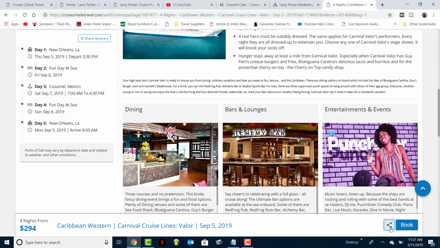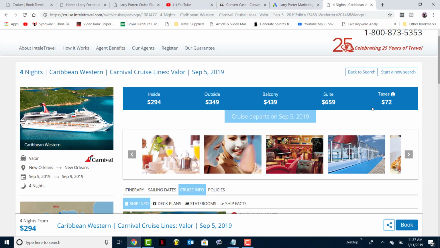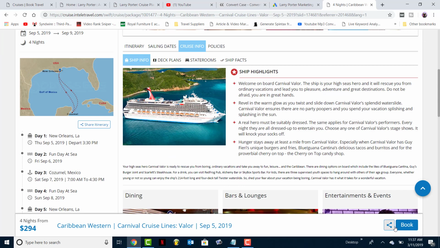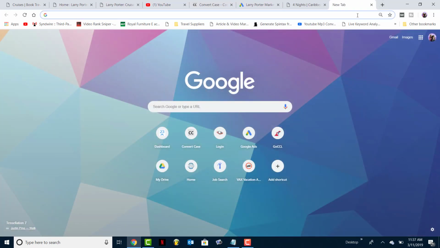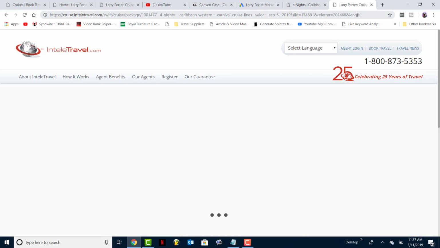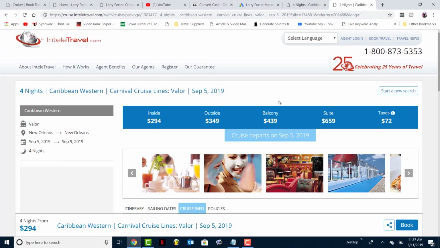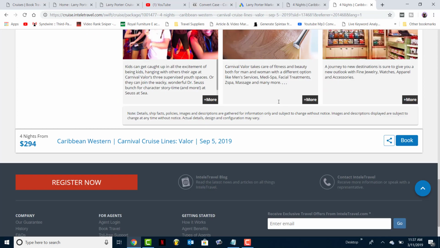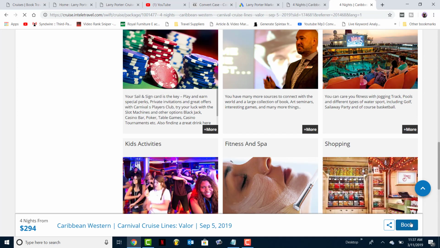But this button here is to share the whole entire page. It's to share all the information on the cruise line. They can come here and see for themselves. So you'll never have to worry about a client coming in here and booking and you don't get paid. If you share this link that you already researched, they can come in here and book it themselves, see the information, and go from there. Okay. So if you hit book,